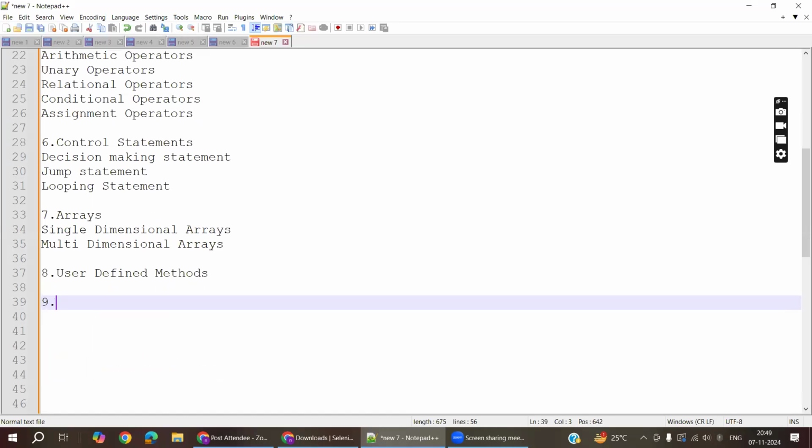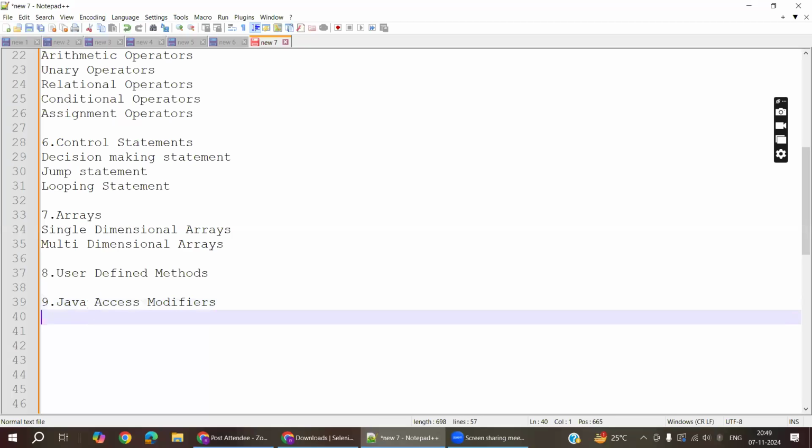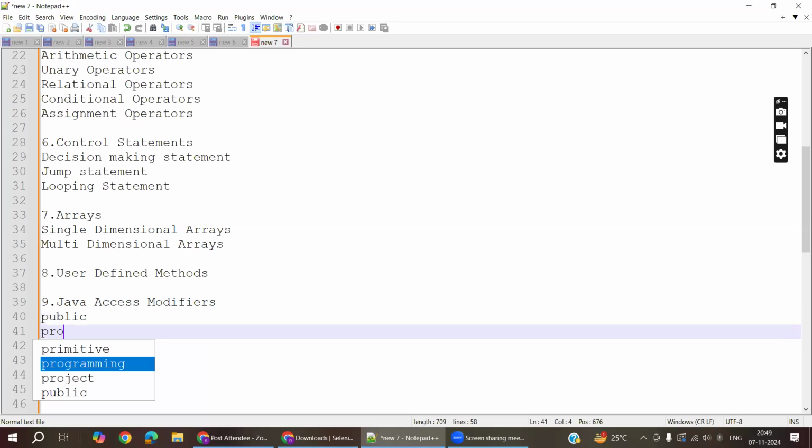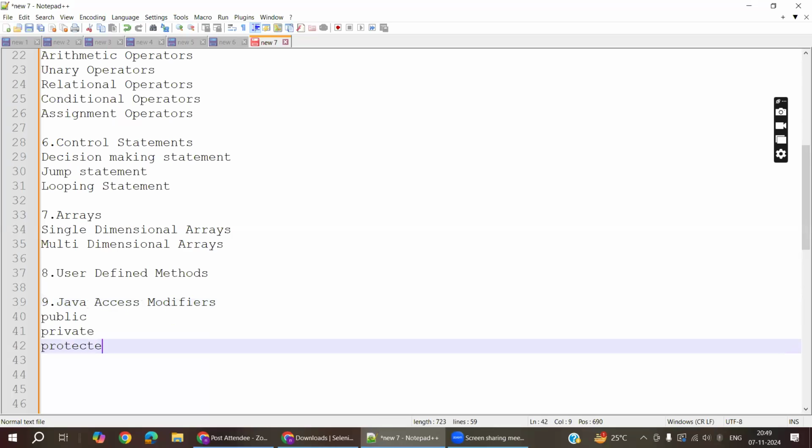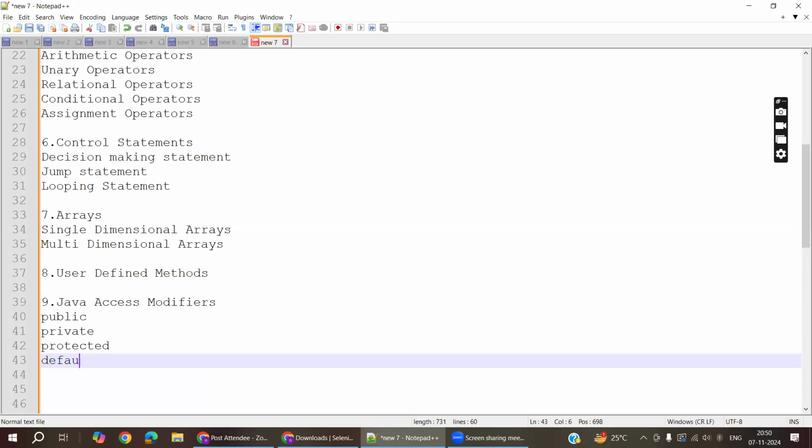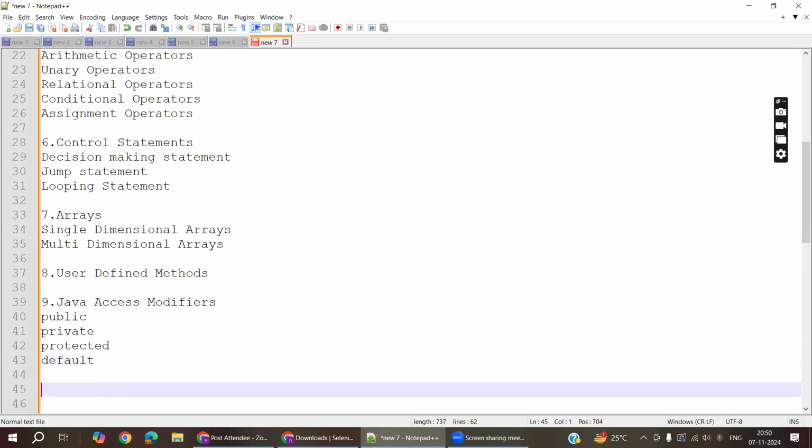Then topic 9 is Java access modifiers. Under Java access modifiers, we will see different types like public, private, protected, and default. We will see all these things with examples. Topic 9, and then topic 10 is